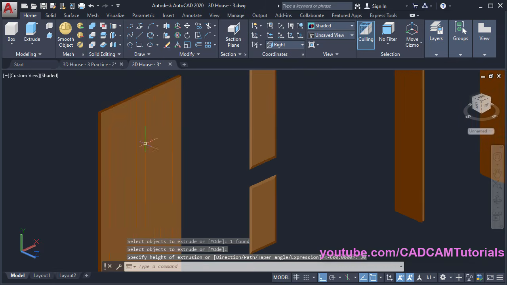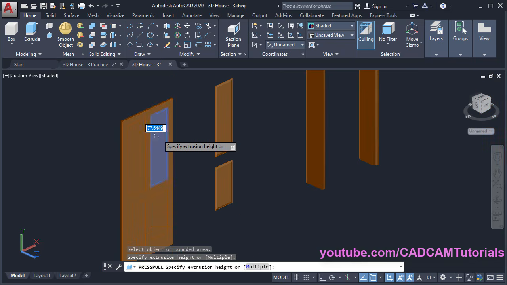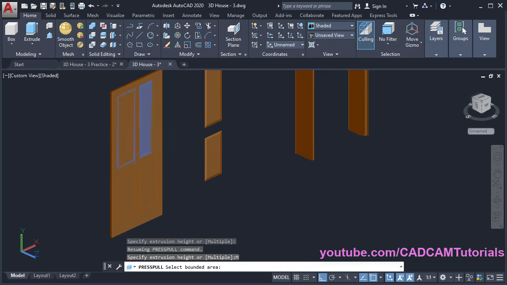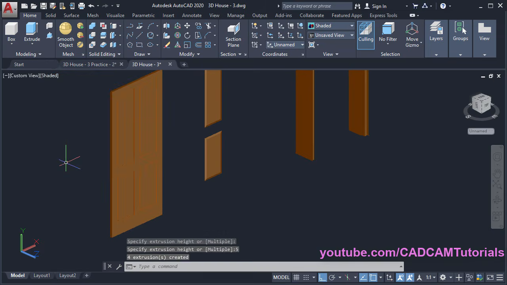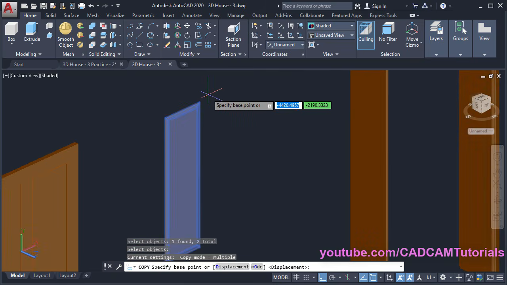Then we will create here cuts. For that click here on press pull, take your cursor inside, click, take it inside. Okay, we will actually cut all the portion. For that click here on multiple and select all the rectangles. Press enter, take it inside, specify depth of 5, enter. Then we will copy this portion. Click on copy, select these portions, enter, select this endpoint,